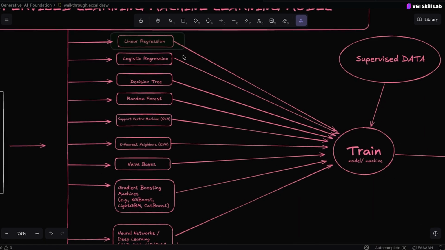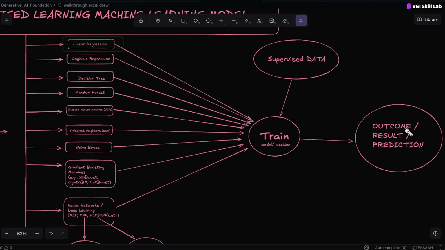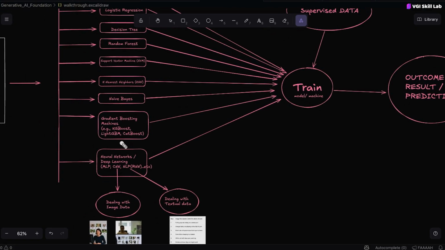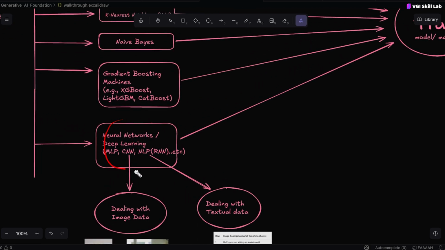These were some of the algorithms that the entire machine learning covers, which contain linear, logistic, decision, random forest, and all these algorithms help you to train your model on data, and then you are able to get the predictions of classification, or let's say you want to predict something. Then in machine learning itself, there is a sub branch which is called deep learning.